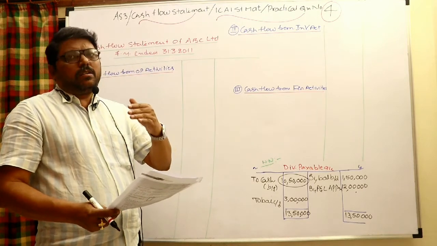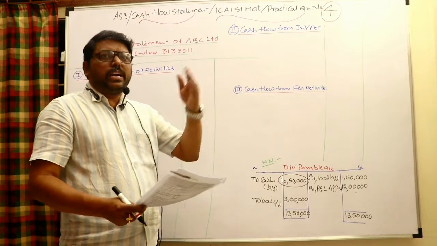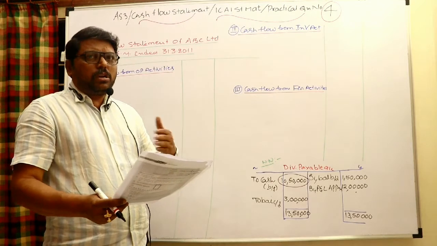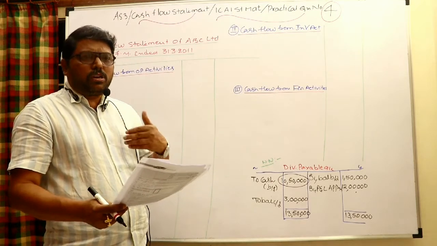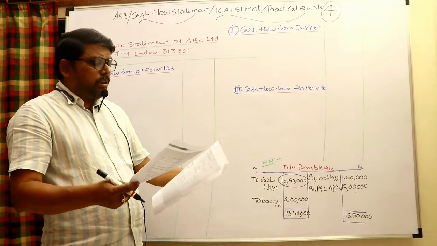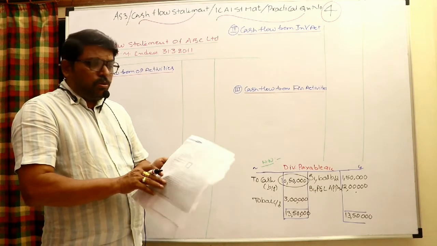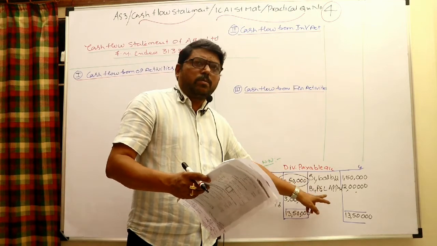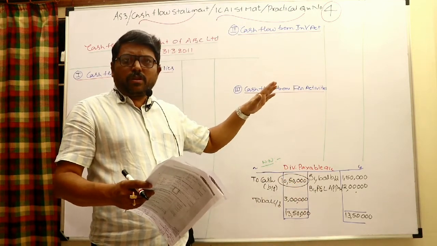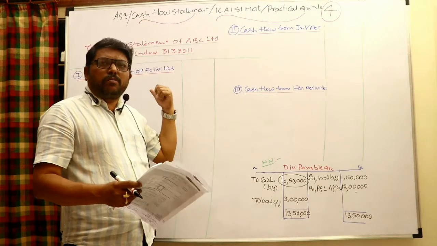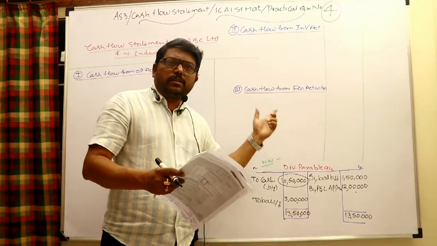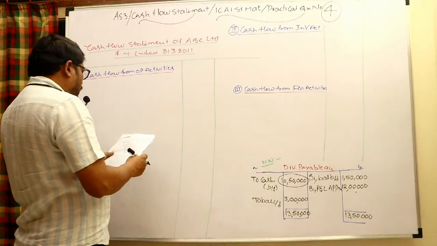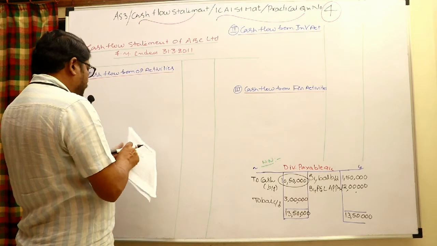The dividend is a financing activity. Dividend declared should be added back, so this amount of 12 lakhs should be added back. 10 lakh 40,000 plus 12 lakh would be 22 lakh 40,000. Again, it will be the same 22 lakh 40,000 here. If you want to take the 22 lakh 40,000, the dividend which is appropriated need not be added. If I want to take the net profit as per the balance sheet, then it should be added. Both are the same of course. Therefore, I want to take that net profit of 22 lakh 40,000 as it is given.